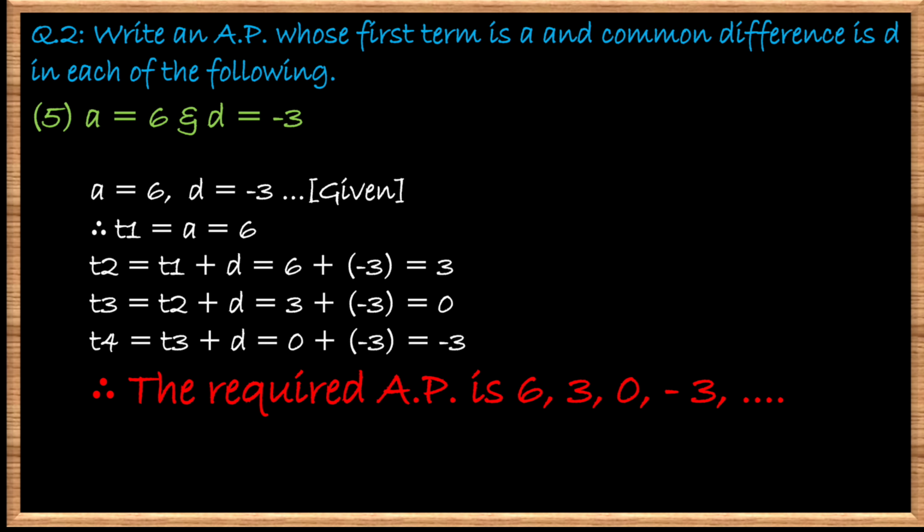So in this way you are going to solve the remaining 4 questions. And when you turn the page, you will see question number 3 has been written, which already says the given sequence is an AP, where you have to write the first term and common difference. So the first term is A, and for the common difference you have to do T2 minus T1, T3 minus T2 and find out the common difference. As the given sequence is already an AP, you don't have to do the repetitive subtraction. Once you subtract T2 minus T1, the answer you get is your D. Just subtract there.